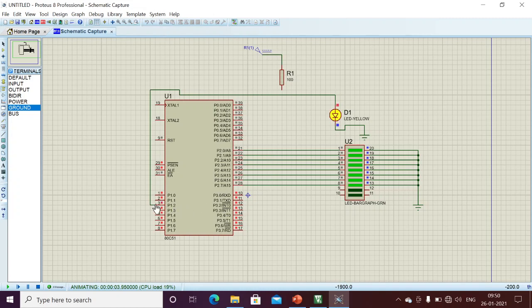Only this bit I am operating, but if you see, the other bits are as they are in the initial format. If you see here, port 1.0 I have connected to the other LED. It will just turn on always. See here, it's always turned on. I have connected to this LED, and this LED is on.